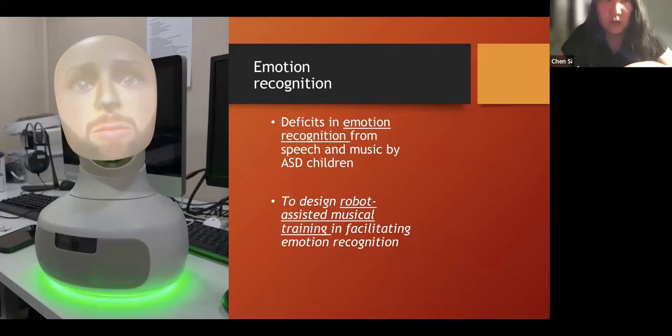Of course, we need more research to understand why they have problems, for example, in facial expressions. Some eye tracking studies actually showed that they don't really know where to look in processing faces. They sometimes look at the cheeks, which are probably not very helpful, but the typical population tends to focus on the eye region and the mouth region.